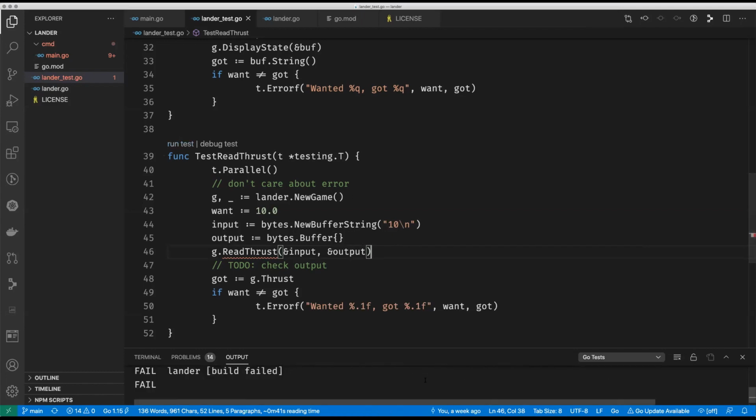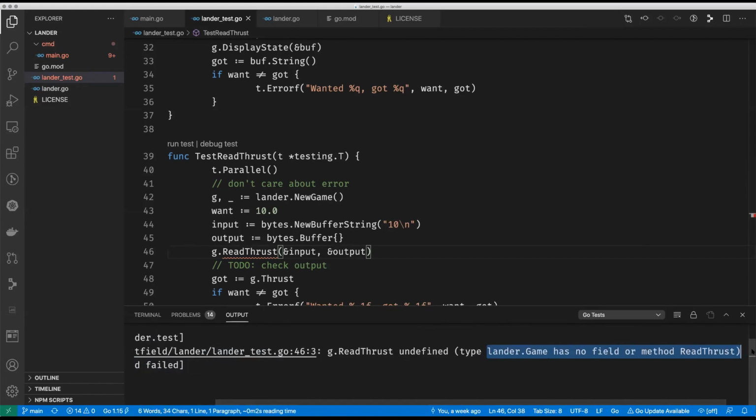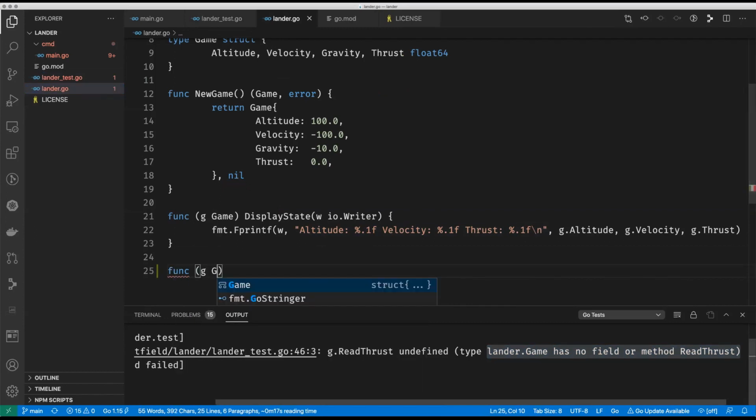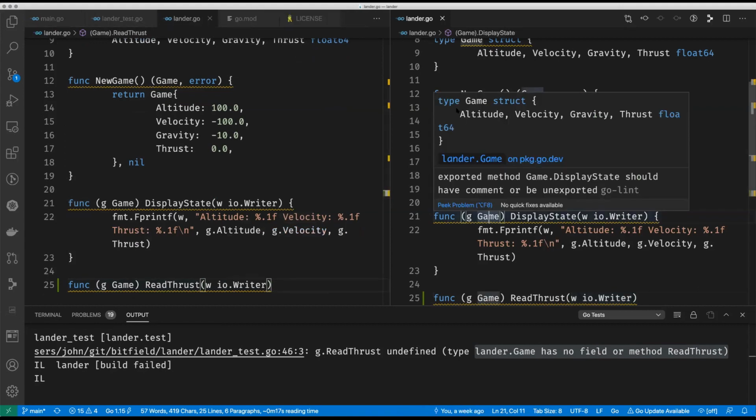If we run this, we should get the same compile error. Yes, we do. Game has no field or method ReadThrust. Fine. I believe that. What can we do? Well, we can write one. Let's do that. So we know it's a method on Game. So that bit's done for us. We know its name because we made that tough design decision last week, I think. Okay. Yep. And we said it's going to take a fake writer, just like DisplayState. Yep. So that bit we can copy. It's also going to take